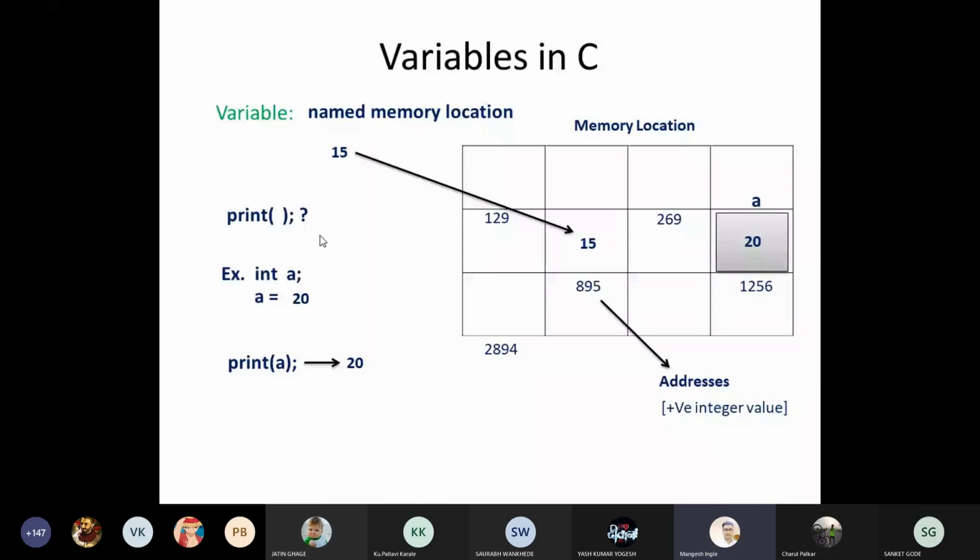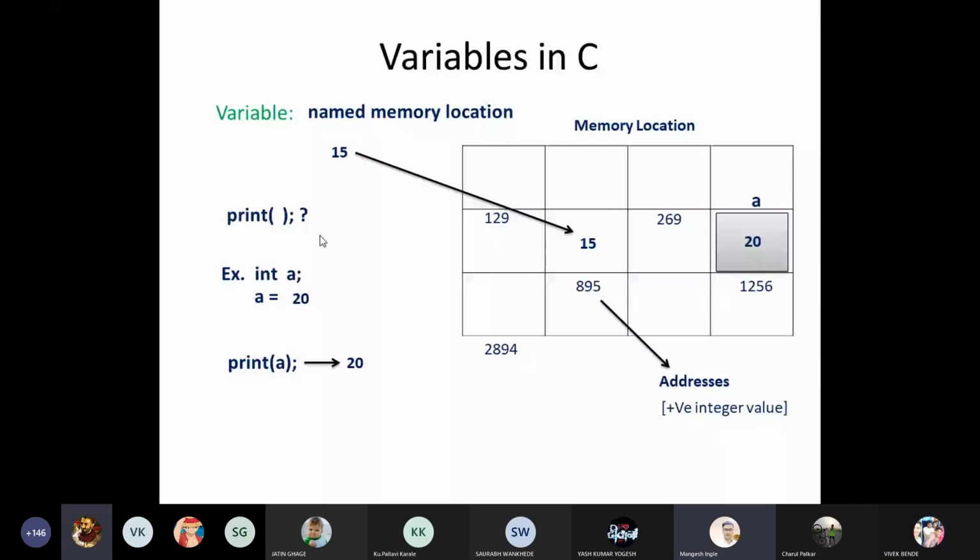Sir, can we change these address values too? Can we change bigger values like 895125? No, we cannot reach over there. The addresses, those location addresses, are defined by the system itself automatically. We are not able to change them. If we were able to access and change an address, then the concept of security would be zero. You could access any account, any website, if you were able to access that memory location. That is the beauty of the C programming language. You cannot change that memory location.